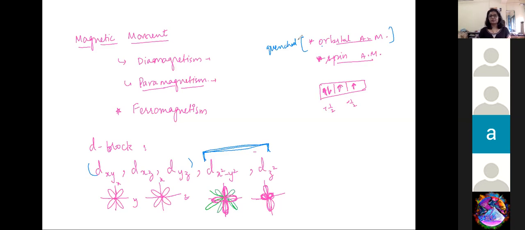In your textbook, we're not going to go into detail about it, but basically it is not considered when you calculate the total magnetic moment. So the only magnetic moment effect you're going to consider is the spin angular momentum. And because you're only considering the spin, you just count the number of unpaired electrons and you get the magnetic moment formula, for d block elements, mu equal to root of n into n plus 2, where n is the number of unpaired electrons.